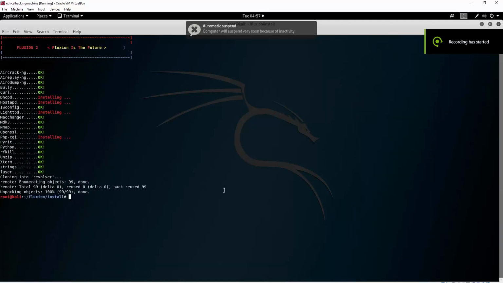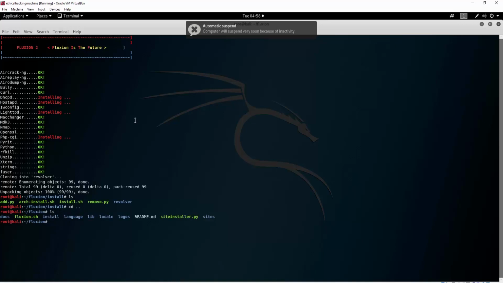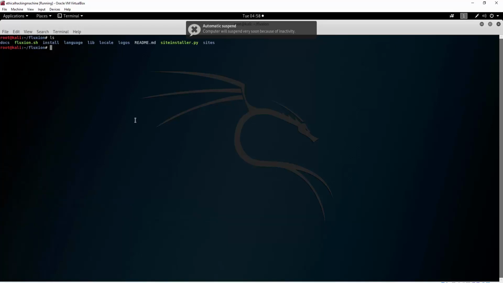So here it is, the process of installation of Fluxion has finished for me. As we can see right here, it had to install several things in order to make this program work. Now, it probably took a lot faster for you to finish this, since I had a bunch of packets that should have been installed on my Kali Linux machine. But once this finishes, you're good to go, and we can just go back one directory. Let me just clear the screen and type ls once again. And all you need to do right now is run the fluxion.sh. So we do that with bash fluxion.sh,